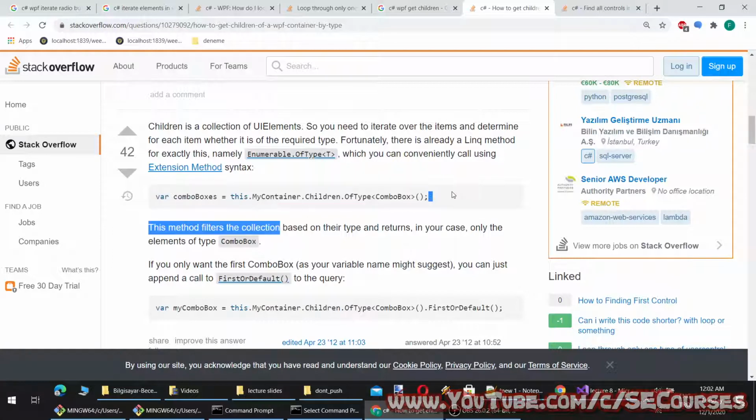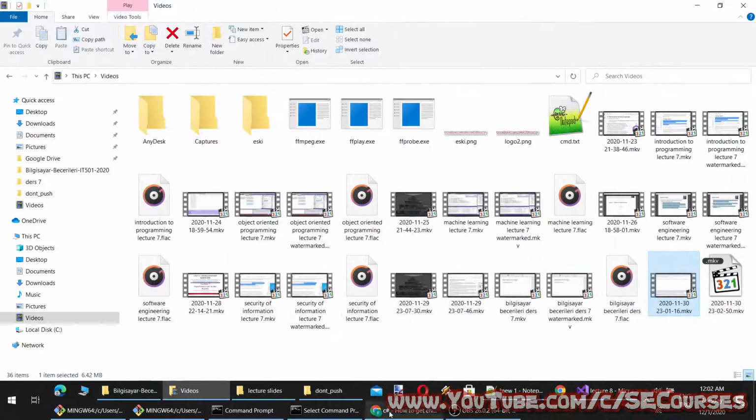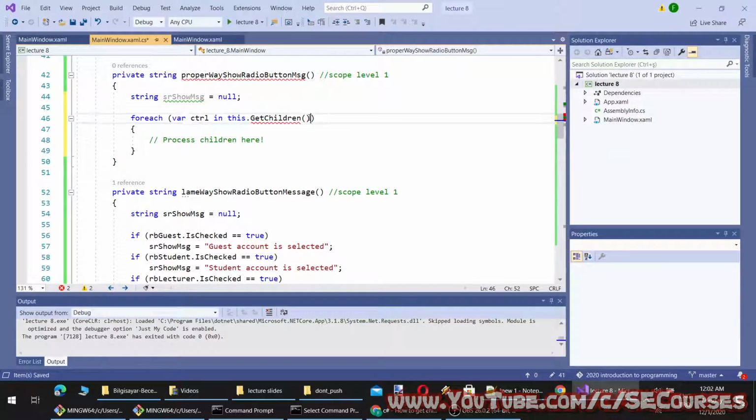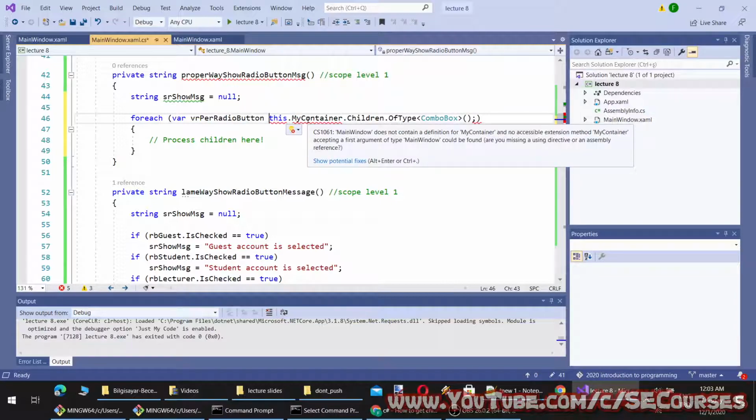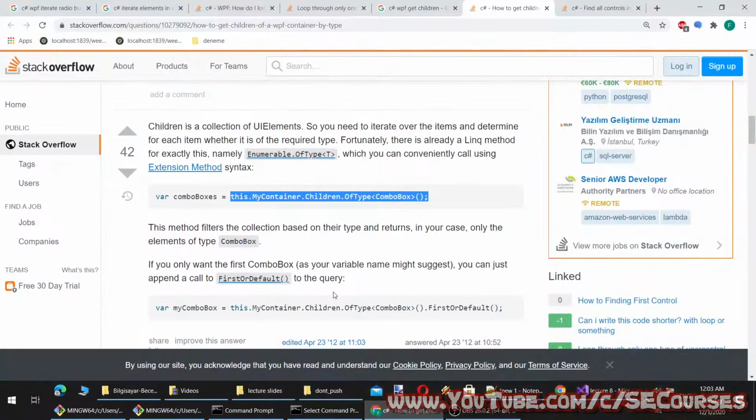Okay, this is the way it is. So my container, oh, it doesn't contain containers.